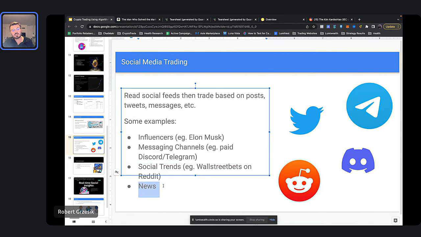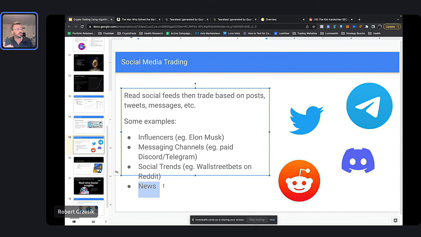We could also be paying attention to the news, right? Did something crazy just happen, right? Did Solana crash for the 50th time? Like every time it crashes, it's not going to do so well, right? Or, is there some new coin and, I don't know, Prince Charles just bought it or something, like who knows, right? Like all sorts of things could be happening in the news. It's really hard to pay attention to that as a human, especially in a 24-hour market when you're asleep, things could be happening.